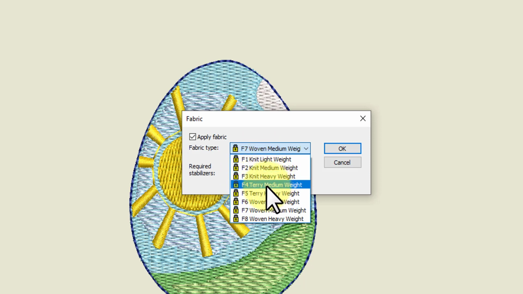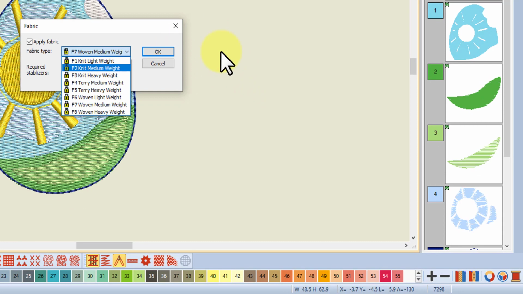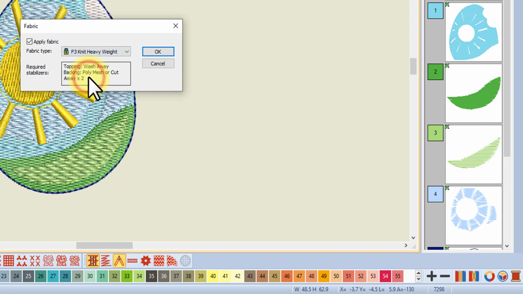So if you're going to sew this onto terry toweling, you might want to choose one of the terry weight settings. So just have a look here, down in the bottom right. We've got 7,298 stitches at the moment. If I go to a terry heavyweight, let's say, click on that, and go OK,